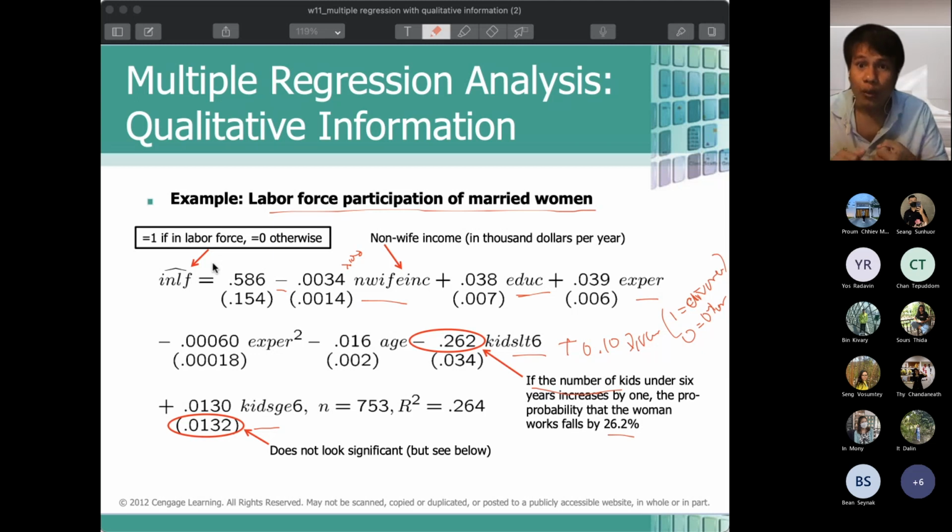The last case, when you have a dependent variable containing qualitative information with only 2 categories, and you convert it into a dummy, 1 versus 0, we call it the linear probability model. And how you interpret it is no longer how much x changes y, but if x increases by 1 unit, how much it affects the probability of that dependent variable. All right,